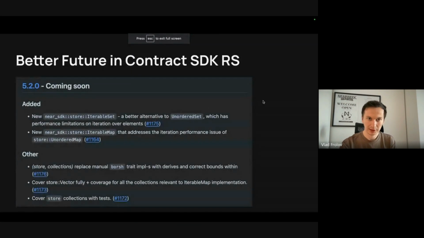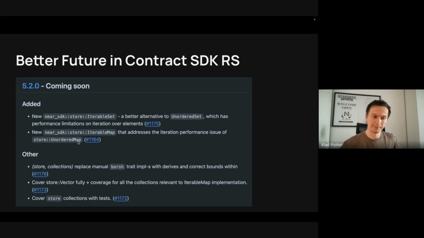Moving on. So something is coming. It's not released yet, but we are adding a lot of tests to near-cli-rs, and that was part of the effort to bring new collections to near-sdk, which are IterableSet and IterableMap, which solve the problems we discovered with the performance of UnorderedSet in the store, specifically store UnorderedMap.